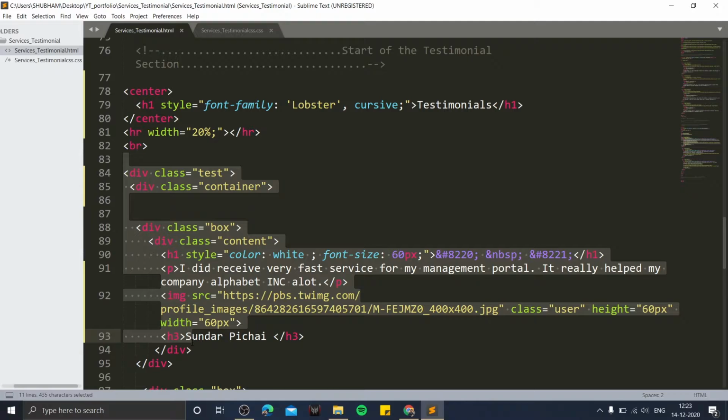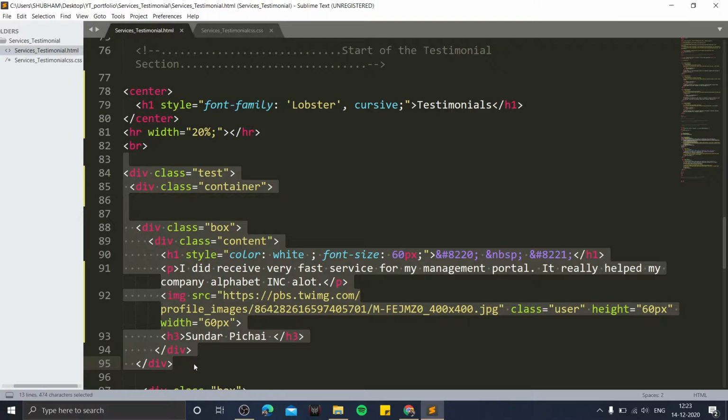Here you can observe that we have declared our parent division test, inside which we have our child division container. We are now building a model for our 3 testimonial cards. In this highlighted part, you can observe we have the main division as box and content as a subdivision, inside which we include all the matter we want to display.